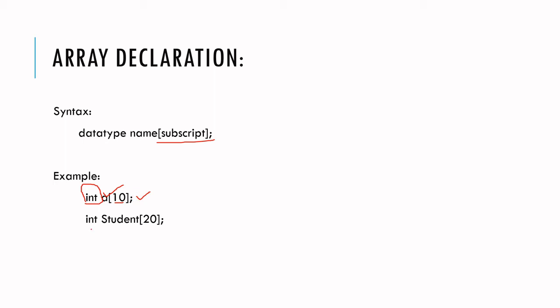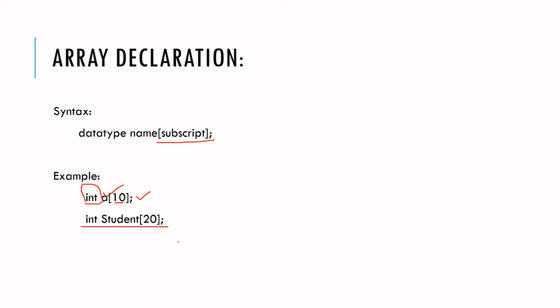But in the second example, int student[20] means we will be able to store the information about students, for example a student register number. We will be able to store information for up to 20 students. We can't exceed that limit, but we may give fewer values also. For example, we may give 10 values, but the remaining 10 free spaces will be wasted